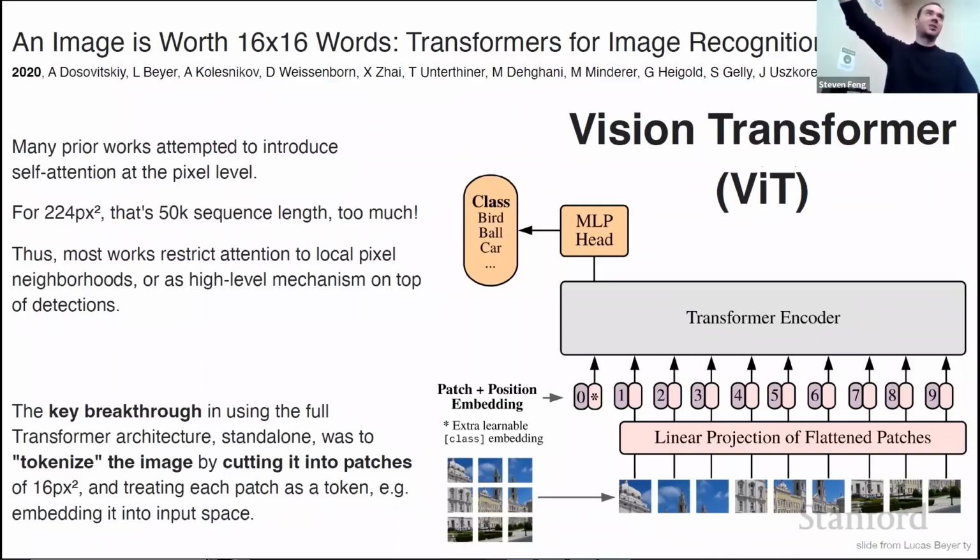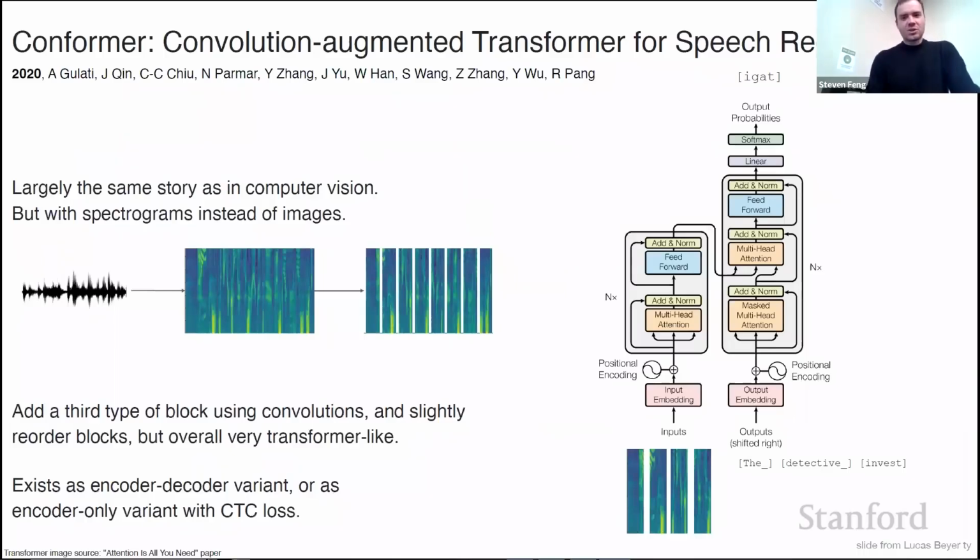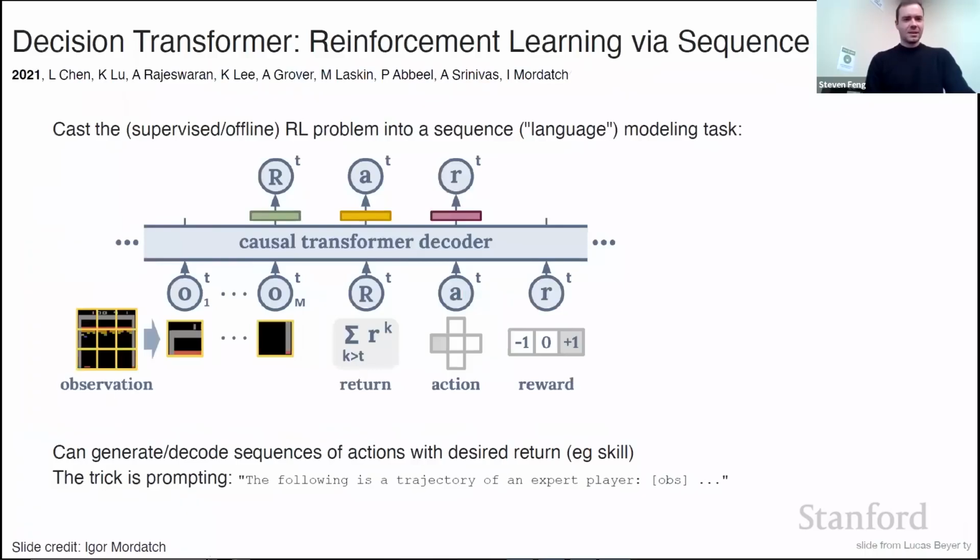And then this is the transformer encoder. So all the patches are talking to each other throughout the entire transformer. Also in speech recognition, you take your MEL spectrogram and you chop it up into little slices and feed them into a transformer. There was a paper like this, but also Whisper. Whisper is a copy-paste transformer. If you saw Whisper from OpenAI, you just chop up the MEL spectrogram and feed it into a transformer, and then pretend you're dealing with text, and it works very well. Decision transformer in RL: you take your states, actions, and rewards that you experience in the environment, and you just pretend it's a language, and you start to model the sequences of that.